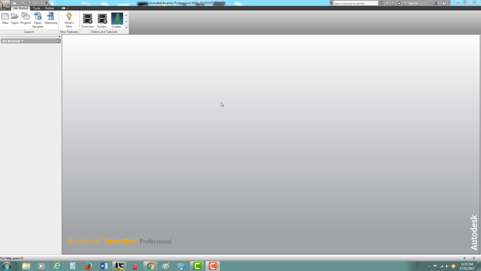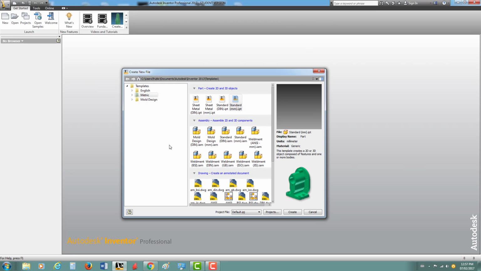The first thing we're going to do is create a new IPT file. The way I do that is I first open up Inventor, as you can see. I click on New, which is in the top left-hand corner, and then you'll see these